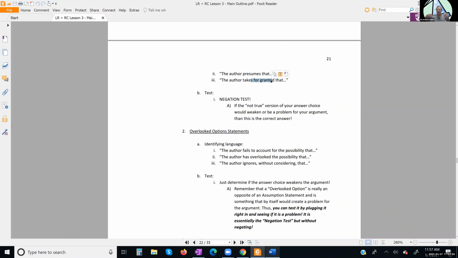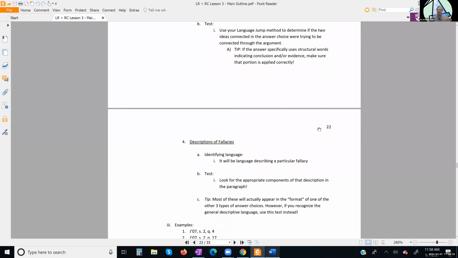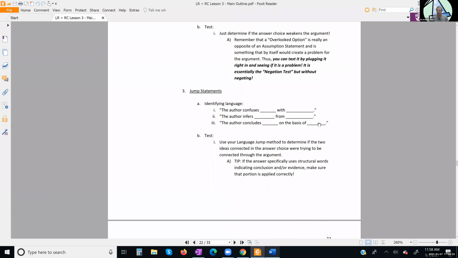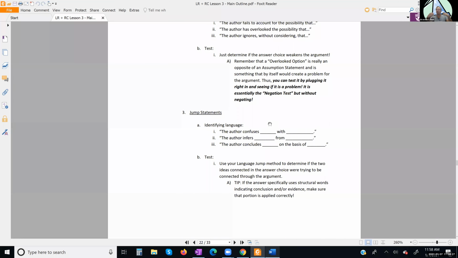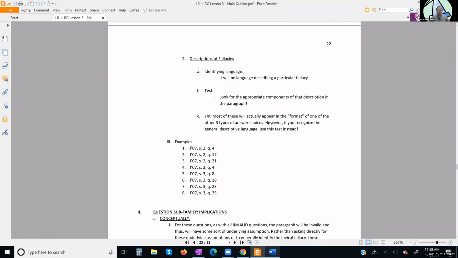And so really you have to ignore the necessary assumption portion of it and just analyze, realize, oh, they're talking about the correlation-cause fallacy. Was that what was going on here? And then you have to know what that fallacy is and then be able to go identify it. And sometimes it's right, sometimes it's wrong. And so that's what makes those answer choices so challenging to break down. Okay, you might have an answer choice saying it confuses correlation with cause. So it's technically describing a jump, but it's not really describing a language jump. It's describing the fallacy. Okay, so with that, let's put this into action.